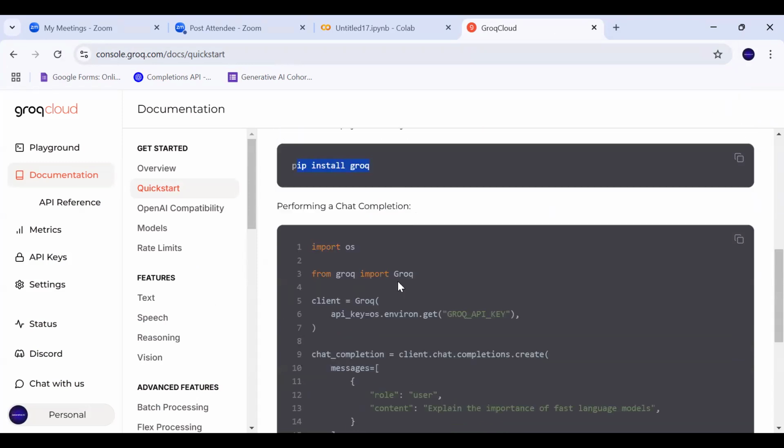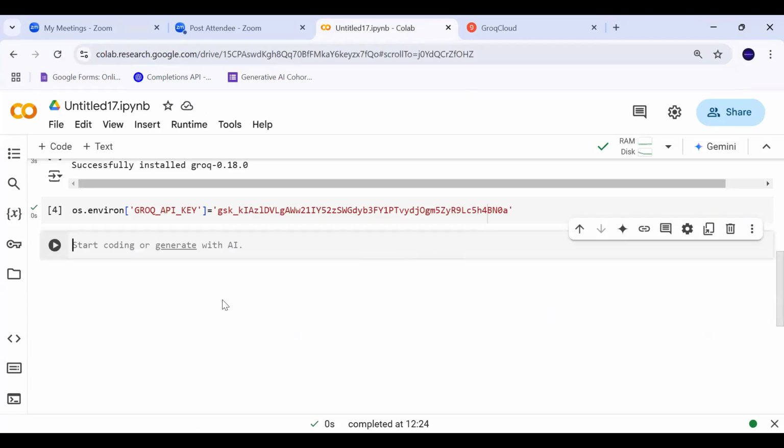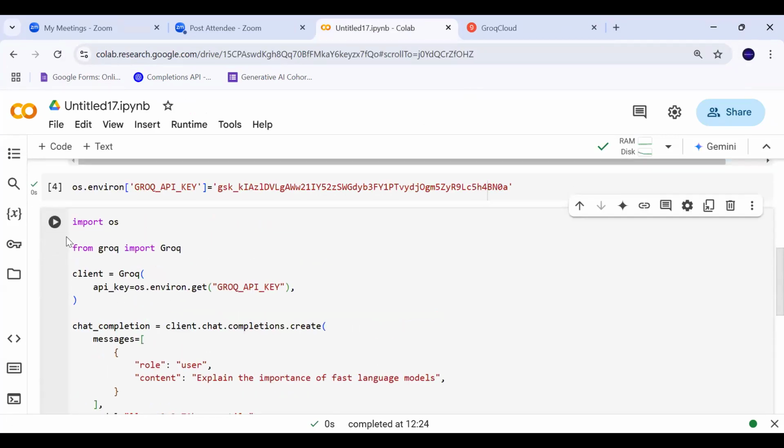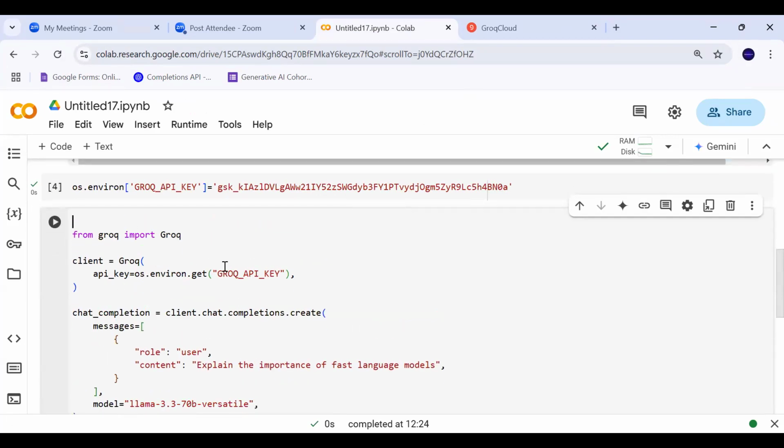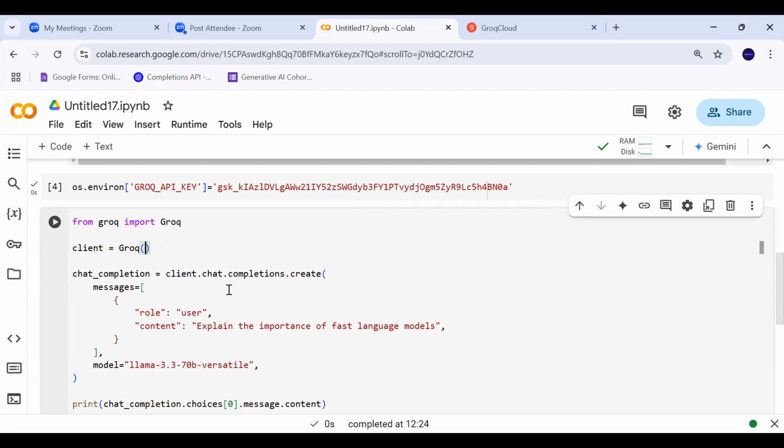We have installed groq, and this is our code. Okay, so import os is done already. This I can remove because I have already set my keys. So client equal to Groq, and this is my completion.